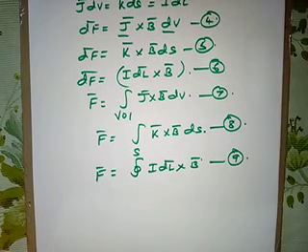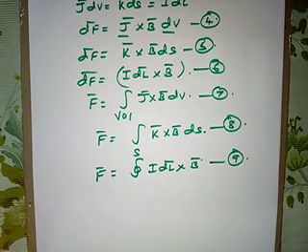Here is the magnetic field developed by the current element I dl bar. What does this I dl bar mean? A point charge does not exert a force on itself. If it's a point charge, it exerts a force on the other charges but not on itself. Similarly, the current element does not exert force on itself. So the magnetic field B bar is external to the current element I dl bar.